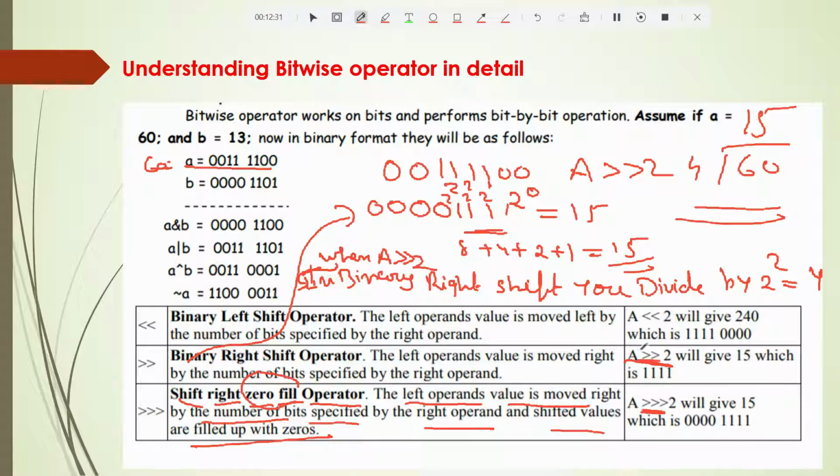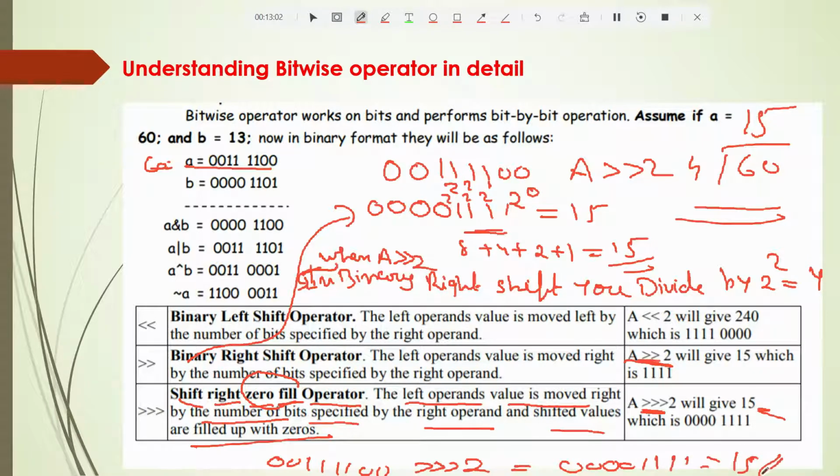When it is 2 arrows to the right, it becomes right shift; 2 arrows to the left becomes left shift. So if 2 is there, once again this will be 15 only, because if 60 is 0 0 1 1 1 1 0 0, when you right shift twice, it becomes 0 0 0 0 1 1 1 1, which is nothing but 15.